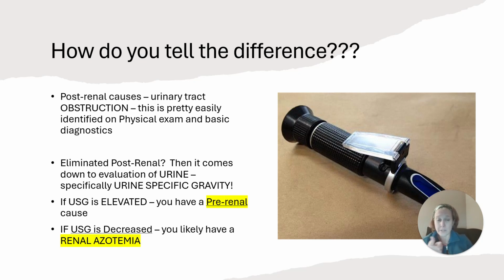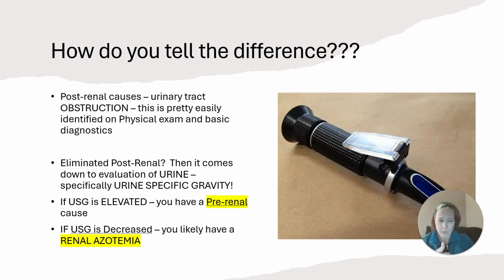Now, renal versus pre-renal can be a little bit more difficult. Is this animal just dehydrated? Does it have an acute kidney injury? Or a lot of times it's got some component of both. The way that we tell the difference between those two is to get some urine and check the urine specific gravity. If the kidneys are working well and an animal is just dehydrated,